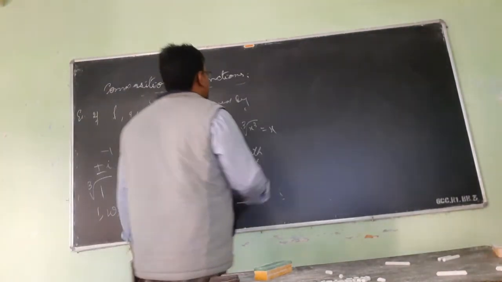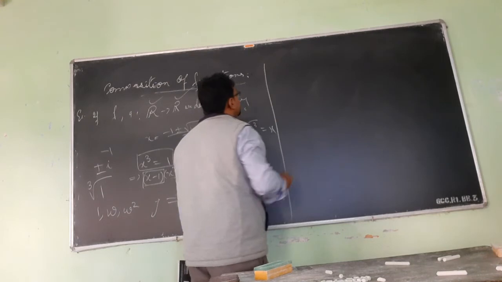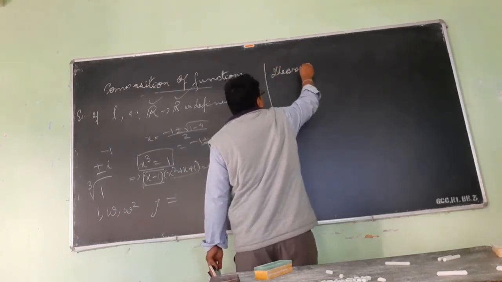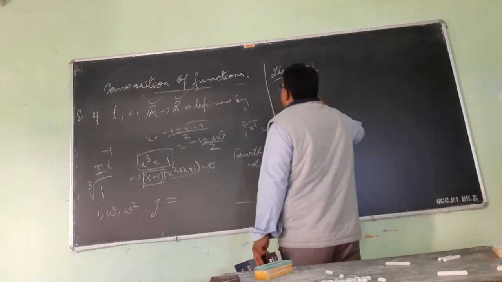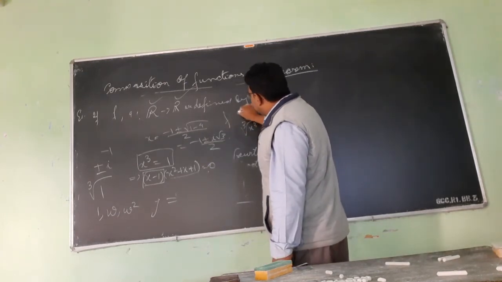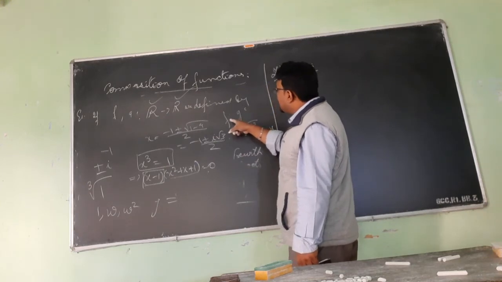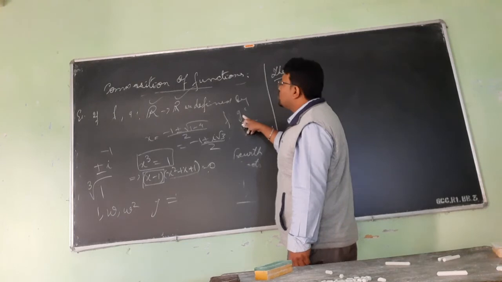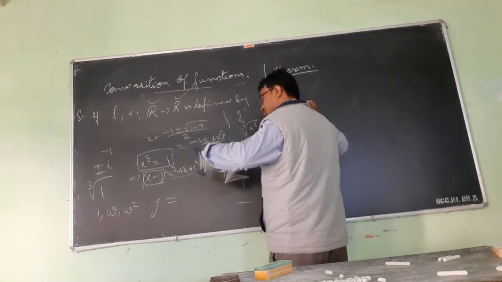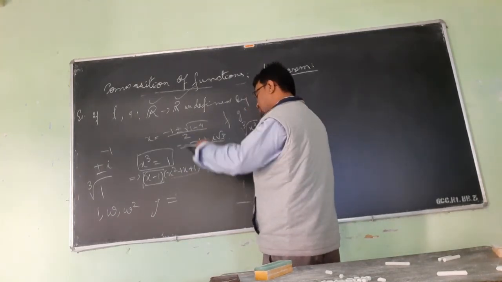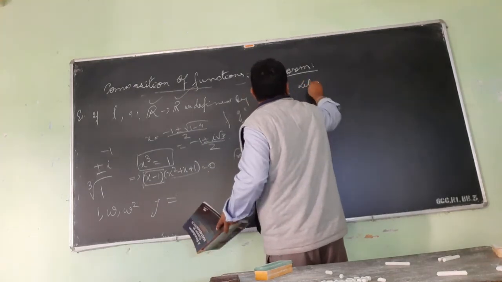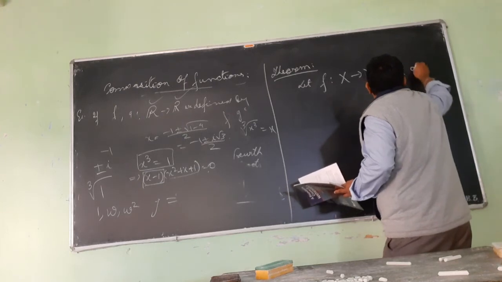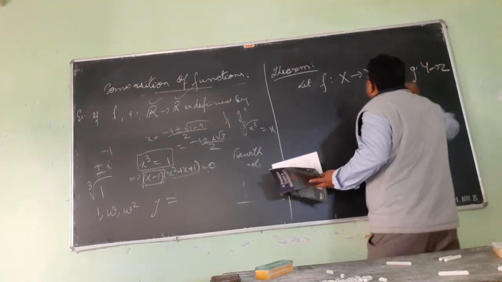Now let us see some theorems. Suppose f is 1-1 and g is 1-1. What happens? Can I conclude something about g o f? If f is onto and g is onto, can I conclude something? Those types of things. So we will write this as a theorem. Let f be a function from X to Y and g be a function from Y to Z, then